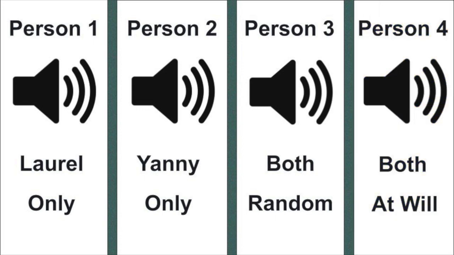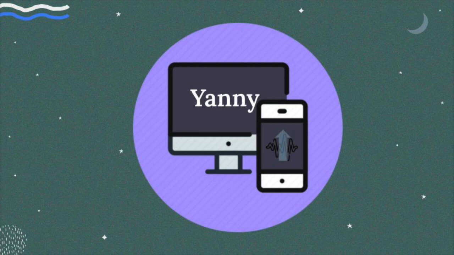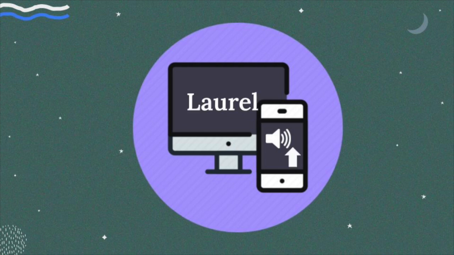As for why these differences occur, there are 4 main reasons that have been found. First, the frequency of the device on which you are listening. Higher frequencies will correspond to a higher likelihood of hearing the word Yanny, while lower frequencies will correspond to a higher likelihood of hearing the word Laurel. Then there's the amount of bass projected from the sound device you're listening on. Lower basses will correspond to a higher likelihood of hearing the word Yanny, while higher basses will correspond to a higher likelihood of hearing the word Laurel.